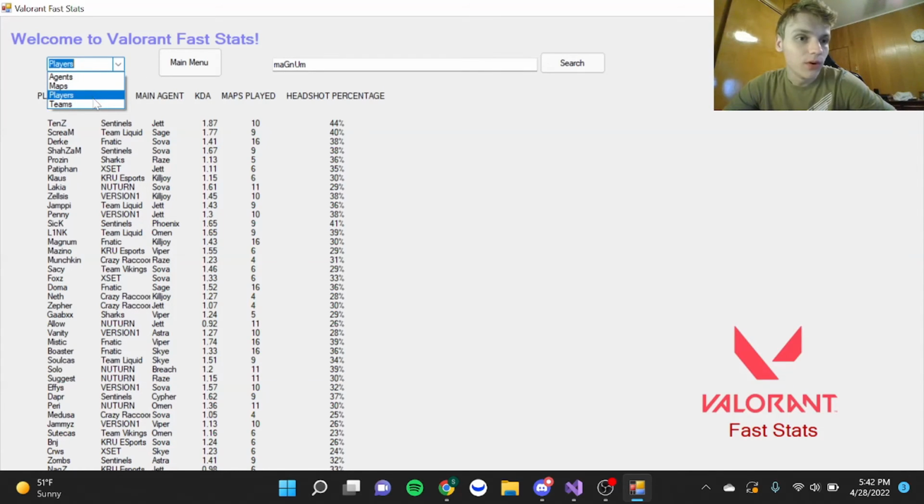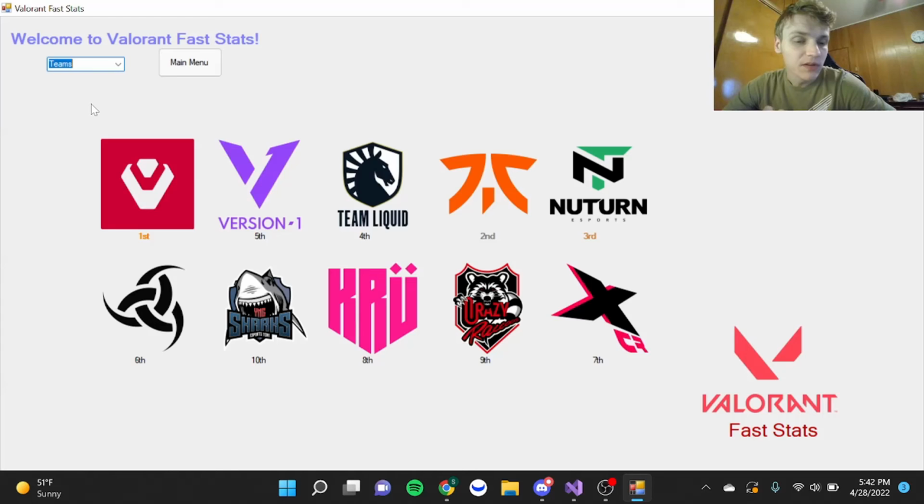Moving on to the teams. This is the final part of Valorant Fast Stats. Here you're going to be able to see every single team, their seeding, and the place that they received in the tournament. So Sentinels, obviously winning the tournament, seeded first, did place first place, have Version 1 with a whopping